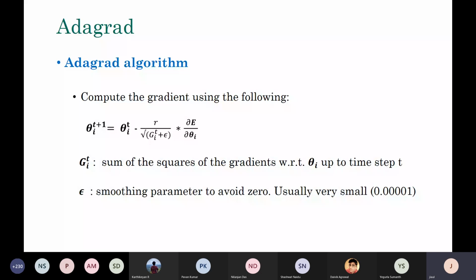Okay. Any other question? Hello, sir. Yeah, please go ahead. With such a large gradient, with such a large training parameter, there is a possibility that instead of descending, it will start shooting upwards along the parabola. Isn't there such a possibility? Repeat your question. With such a large value of r, is there a possibility that the value of theta, the value of the function, starts shooting upwards instead of descending along the gradient? Yeah, that can happen.